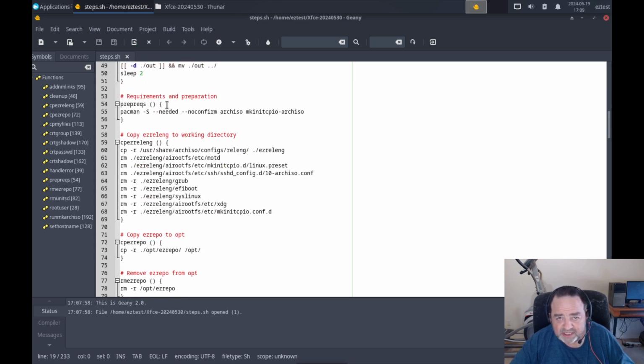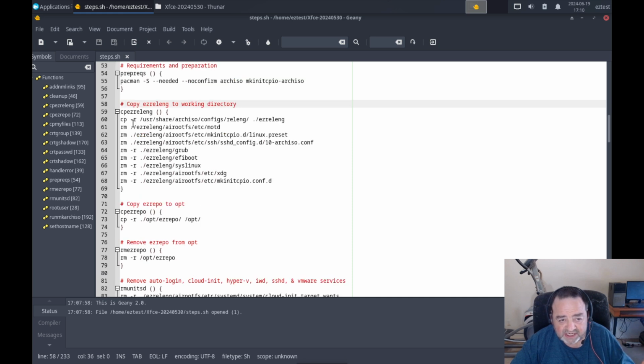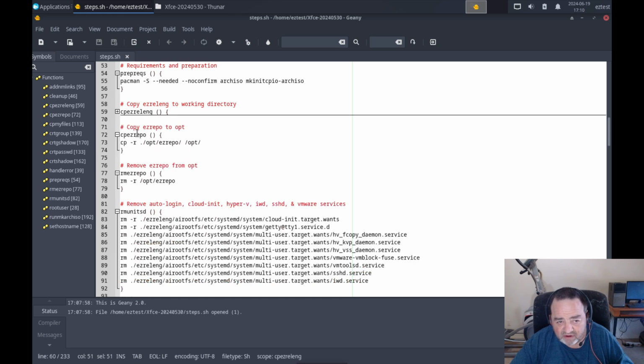The requirements are really just to install the program archiso and the files in the package mkinitcpio-archiso. We then, as I said, copy the releng folder and name it easyreleng. We then remove, whoops,